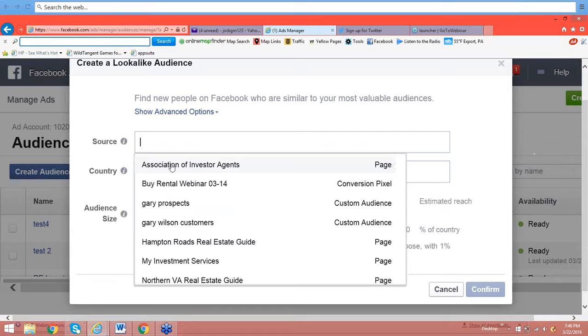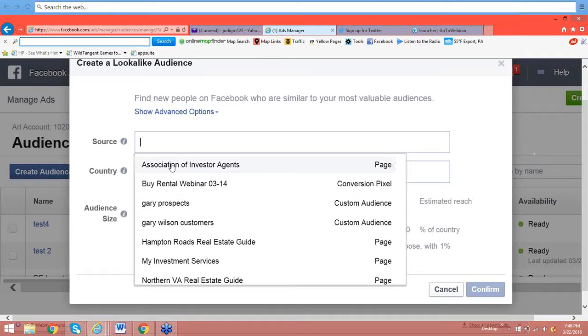But in this case, you expand it. You can make it as big or as small as you want. You can say, I want 2 million people just like the 2,000 people I've been working with. That's a wonderful thing because you don't have to recreate all the criteria. Facebook just mimics it, basically copies the criteria in a lookalike audience. It's pretty awesome stuff. In any case, we can maybe do that another time, Jody. I just wanted to let people know what that was since we mentioned it.